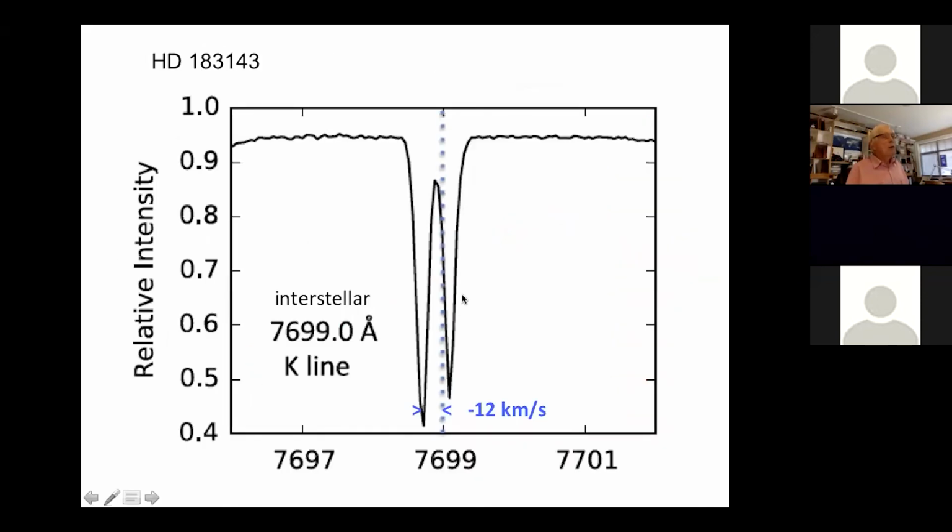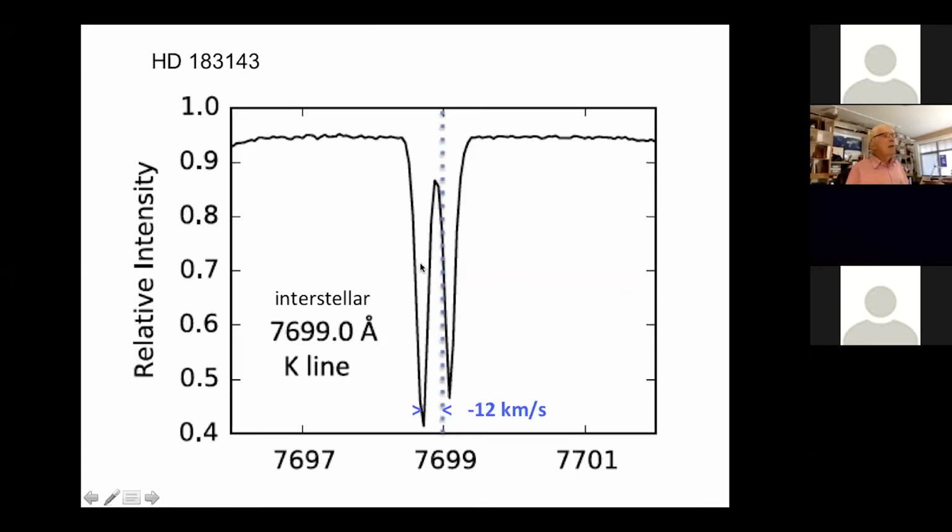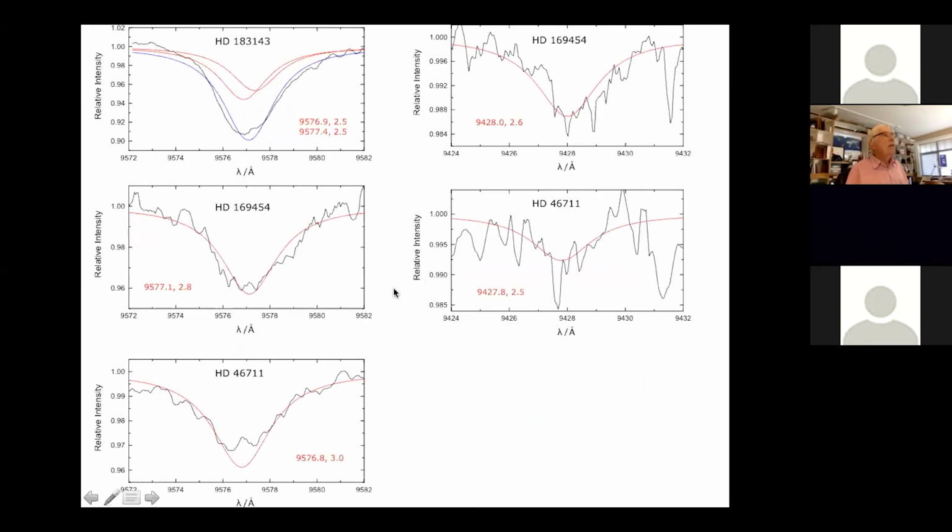So returning to this question of what was appropriate for the star HD 183143, instead of saying it was this brighter component, now let's put in the true profile associated with two components here. And that's what we have in this upper panel. We now have the correct wavelengths, that is the helium number 0. And for HD 183143, we have both components in the same relative amounts.